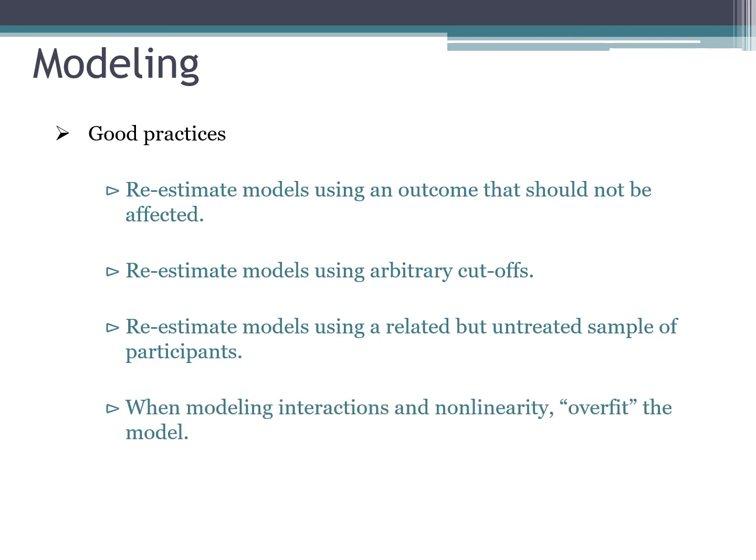Also, when we're modeling interactions and nonlinearity, when you're trying to get at the functional form of the slope before and after, the recommendation is to overfit that model. So if you're concerned that it might be a functional form that's not just one change in direction, but maybe more, then certainly include that cubic term. You lose relatively little statistical power, and certainly the gains that you make by modeling correctly the functional form of the relationship between the assignment variable and the outcome greatly outweigh any losses in statistical